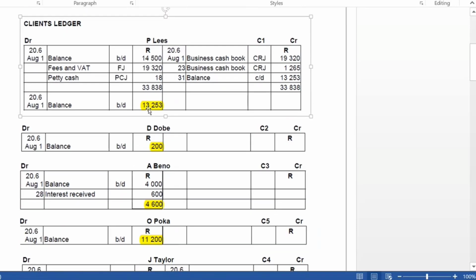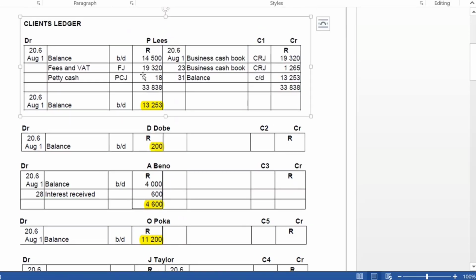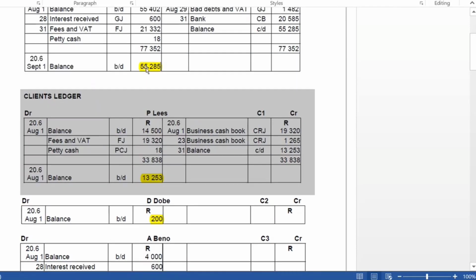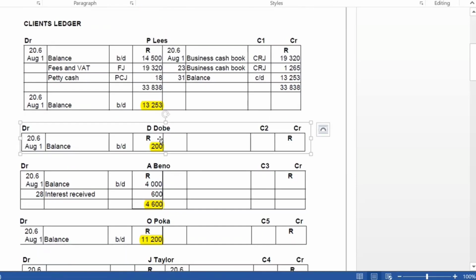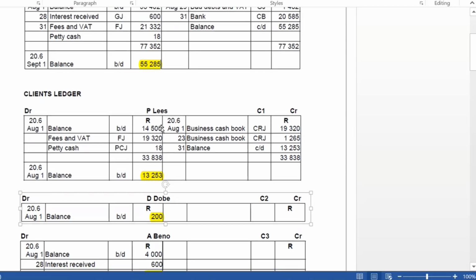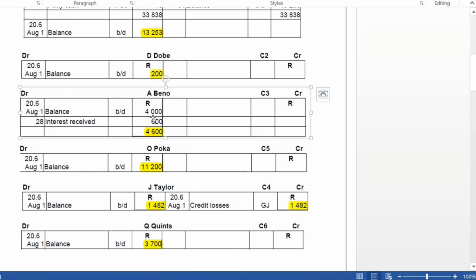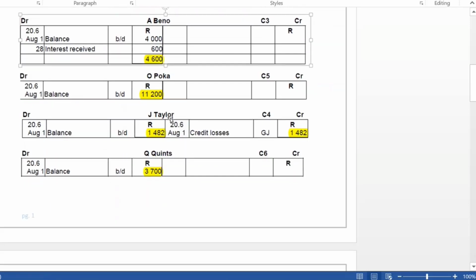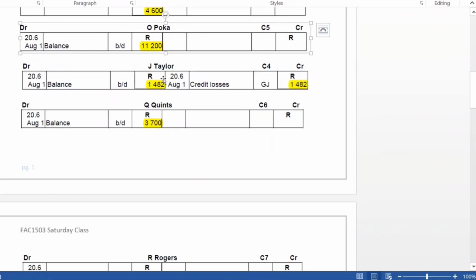So P-Lease owes the business 13,253, and this 13,253 is in this 55,285. D Dope owes the business 200, which also forms part of this 55. A Bino owes the business 4,600. O Paco owes the business 11,200. J Taylor,